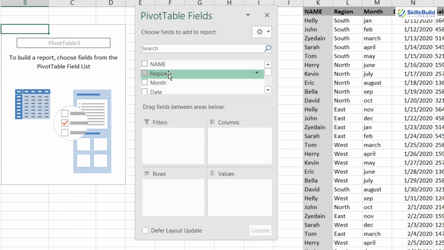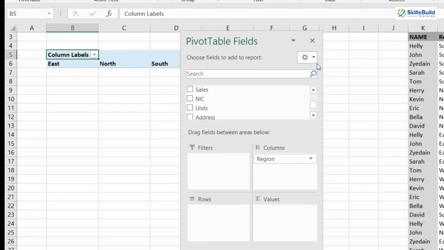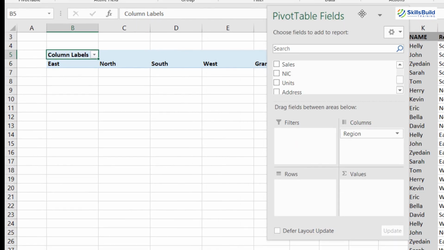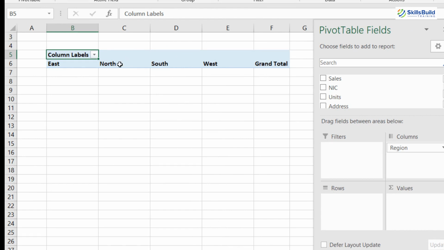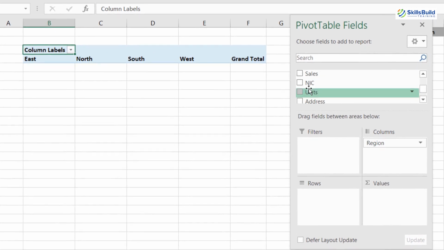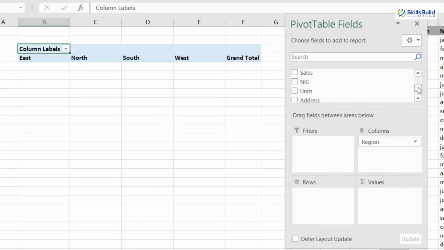As you know, we have just 4 regions, so I'm going to take regions in columns. The reason I took region in the column is because there are only 5 columns. If I bring the names or some other entity in columns, it will be a very long range of columns, around 10 or 9. That is why I kept region in the column field.